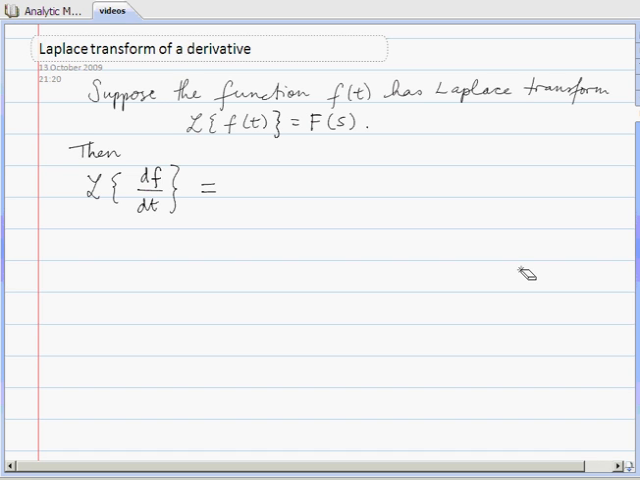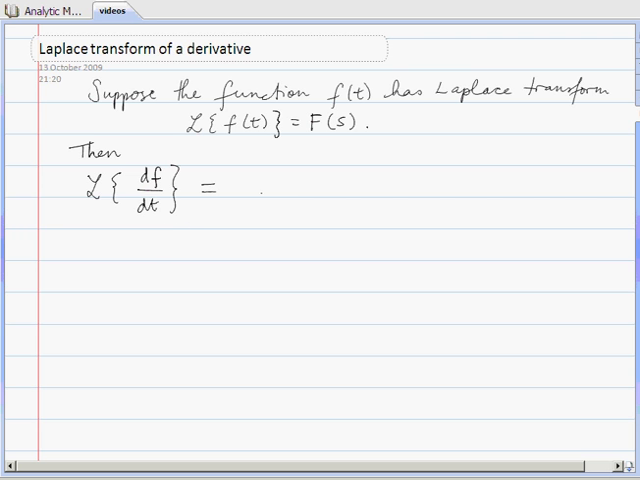Now, a key property of the Laplace transform that makes it useful for solving differential equations is how the transform behaves when you apply it to the derivative of a function. So here we suppose that we have a function little f, which has a Laplace transform capital F of s. And then we're going to see how we can express the Laplace transform of the first derivative of the function